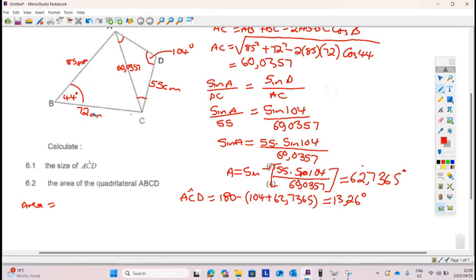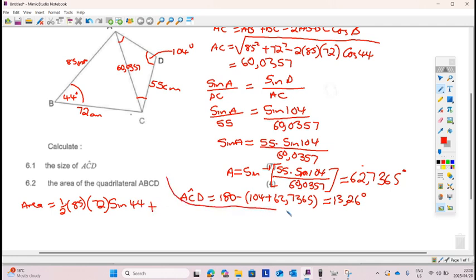I have a side and an angle between, so my area will be 1 over 2 times the two sides, 85 and 72, then multiply by sine of the angle between those two sides, sine of 44